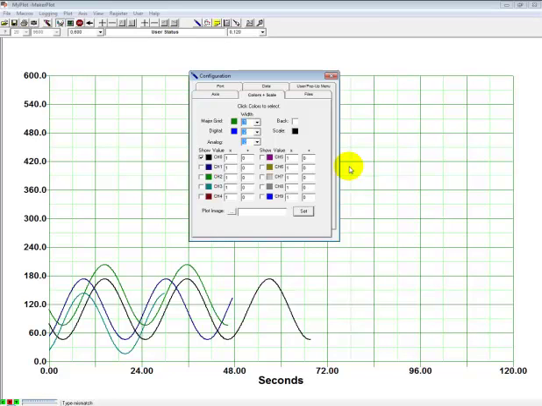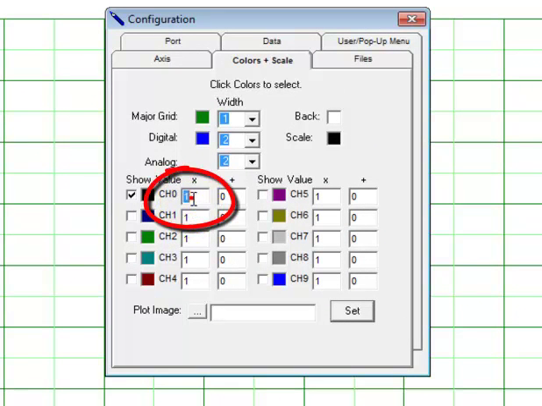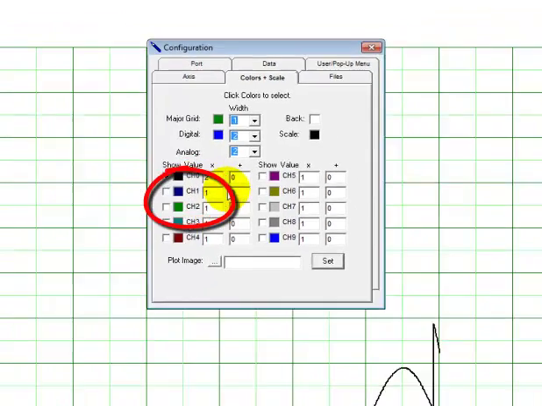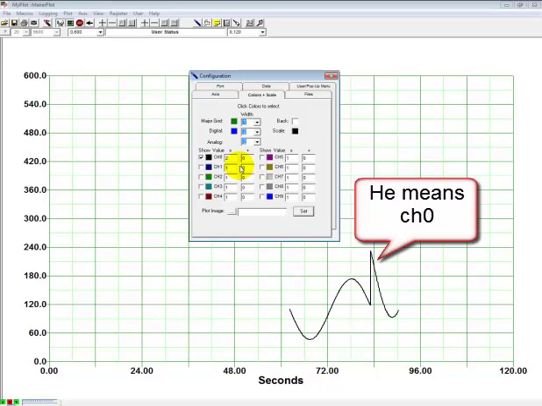Now, another thing we can do with the analog plots is to apply a scaling factor to them. Let's start with channel 0 and change the multiply value from 1 to 2 to see what happens. Okay, come in here, change 1 to 2, click Enter. Now channel 0, the black plot, is double the size it was before because we multiplied its value by 2